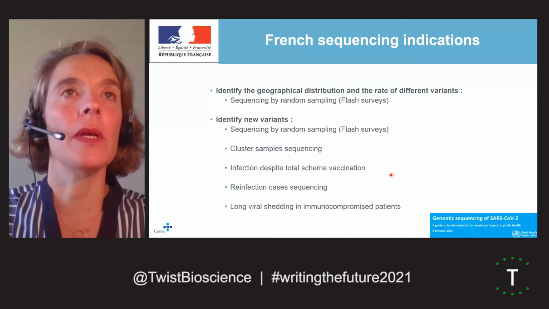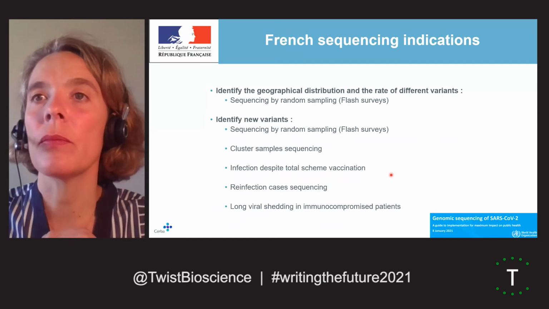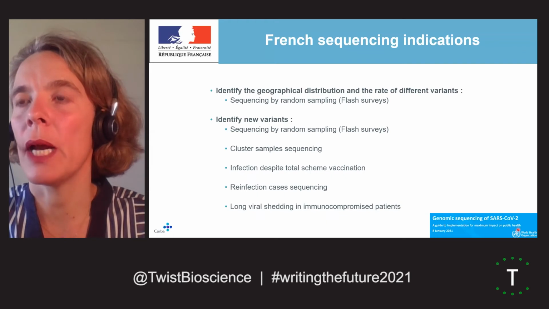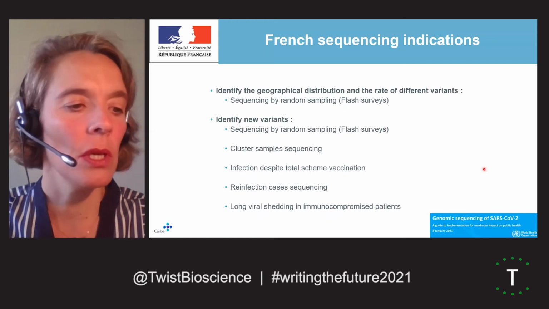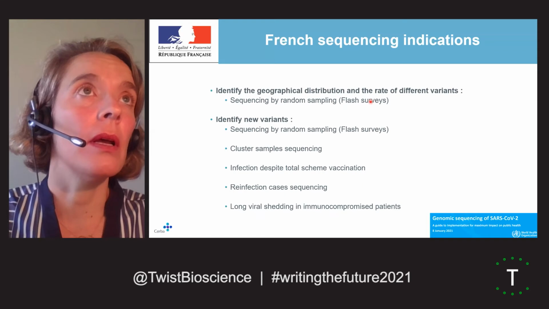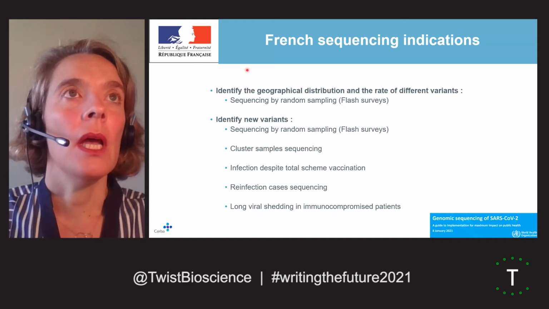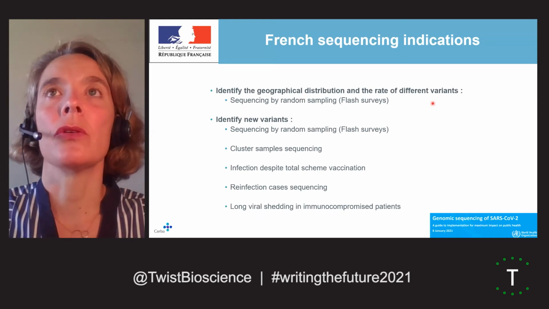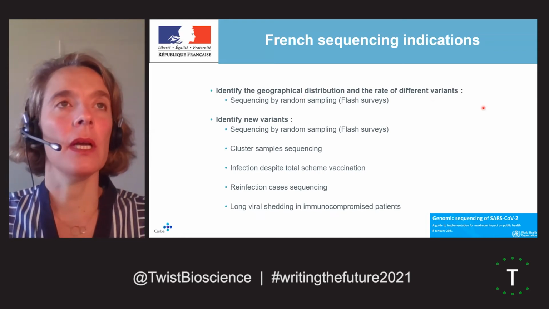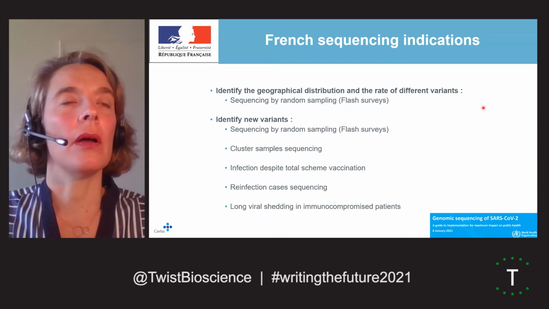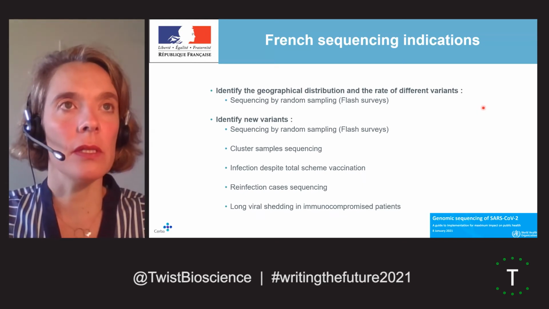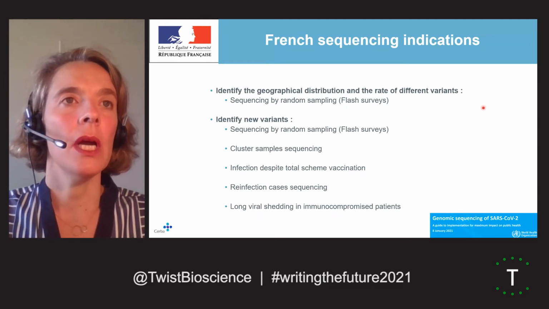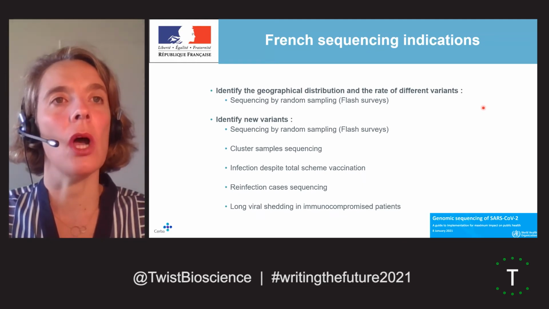But which samples do we sequence? As it is recommended in the Guide to Implementation for Maximum Impact on Public Health by the World Health Organization, we follow our national indication. We sequence to identify the geographical distribution and the rate of different variants by random sampling. We sequence to identify new variants, cluster sample sequencing, infection despite total vaccination, and reinfection cases, or long viral shedding